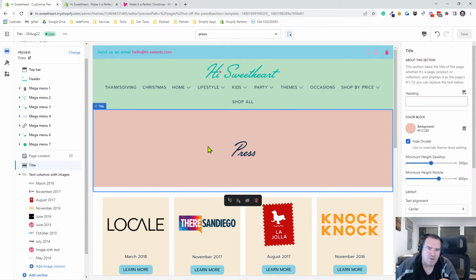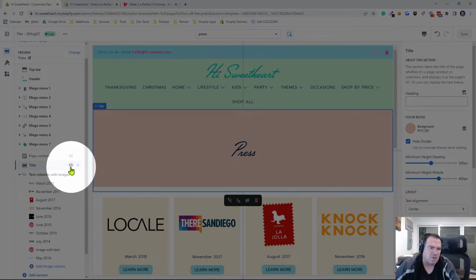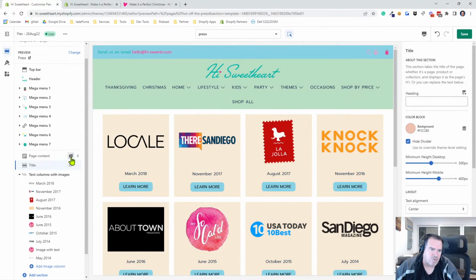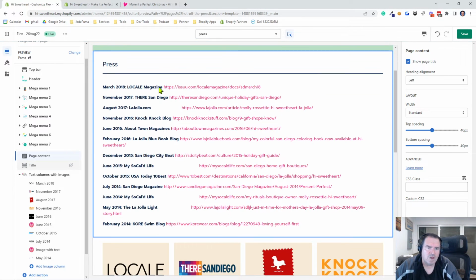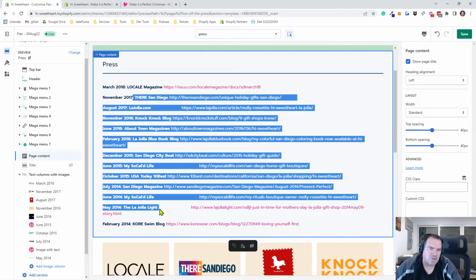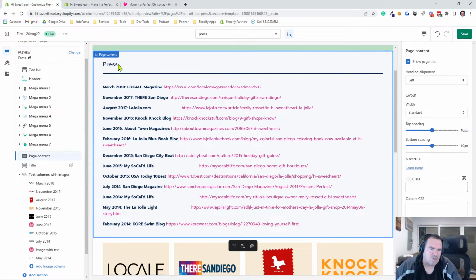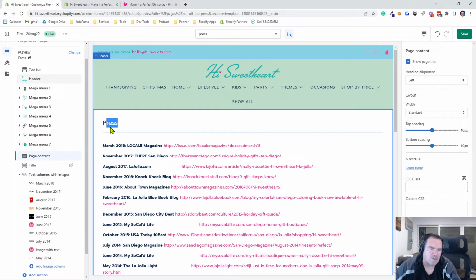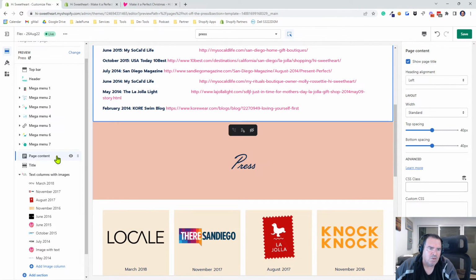All right, so now this element here that we're using in a lot of pages, you'll see it's a section over here called title. So let's just turn that off for a second and turn on the normal page content, right, which has its own title in it. That's the content from the page, which we're not using anymore. But it has this H1 for the press up here with a horizontal bar. And what we did for your branding is we have a title element instead,